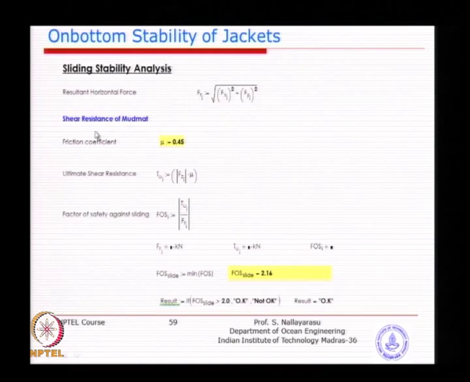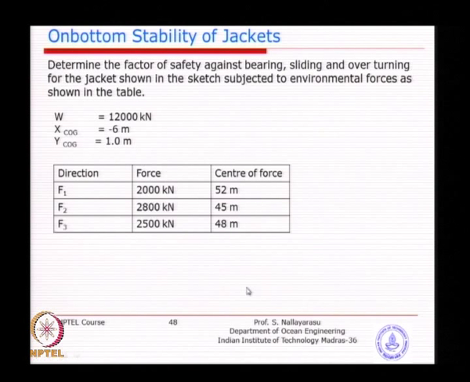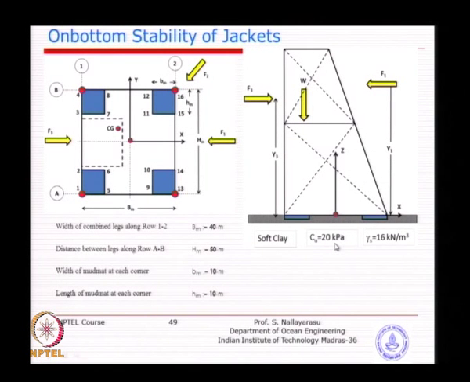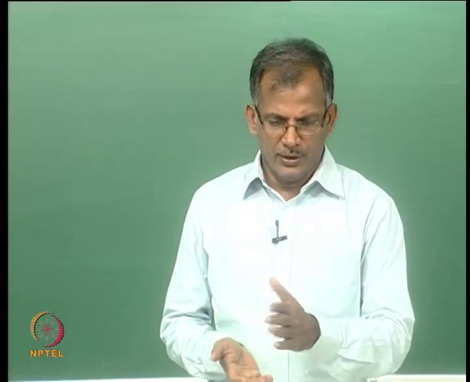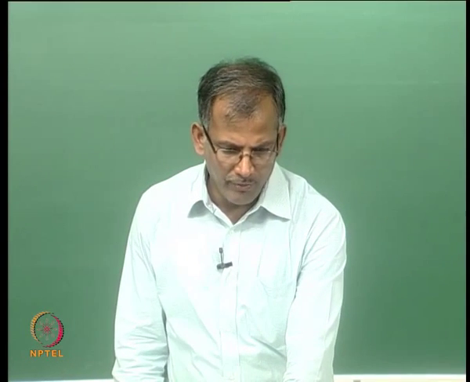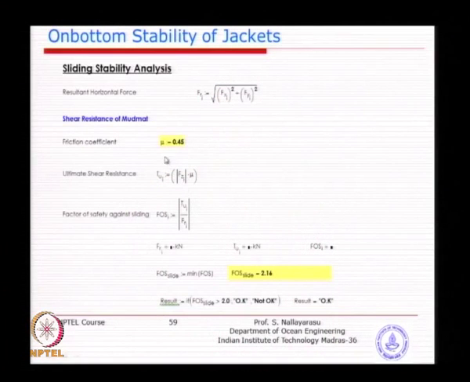Sliding stability, in this particular case we want to find out using a friction coefficient of 0.45. I am not very sure it was given in the problem, I think it was not given. So, for a clay type of soil, typically the friction factor between the steel mud mat and most of the clay material varies from 0.3 to 0.6, and in this particular case I have assumed 0.45 as the friction factor. Then you could also check using the undrained condition and check using the drained condition. You could find whichever is governing.